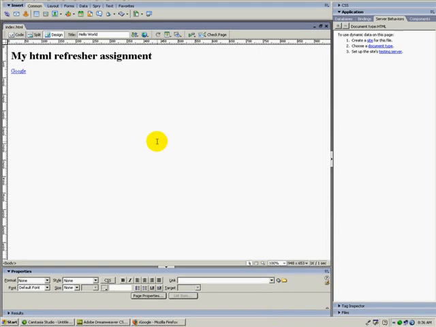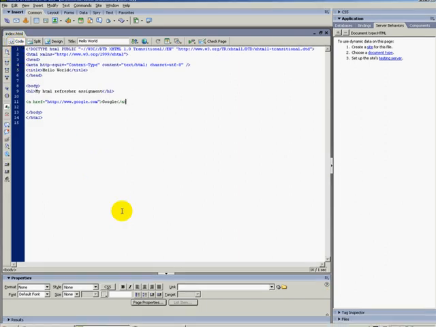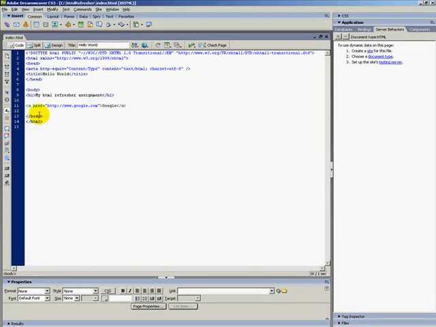Okay, now let's find out exactly what makes this stick. So let's go back to code view. What I have here is the anchor tag, href, and let's not worry too much about that. Now this is the start tag, which is anchor. This is the end tag, /a. The end tag tells the browser, Firefox, that